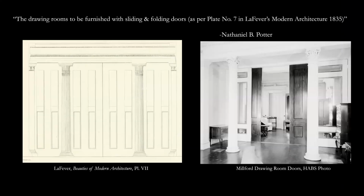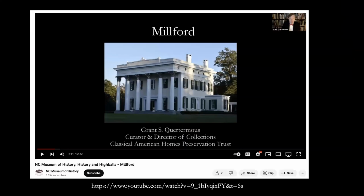What makes Millford so significant is the sheer quantity of original objects returned to the house and the surviving architectural elements and details. Now, time prevents me from going into detail about Millford's construction, since the focus of this lecture is on the collection, but if that's of interest, I recommend you find my earlier lecture on YouTube that I delivered for the North Carolina Museum of History about Millford that gives a much more comprehensive overview of those aspects